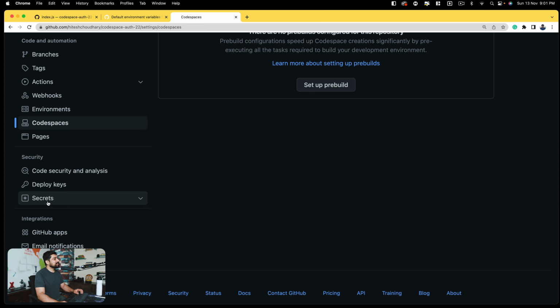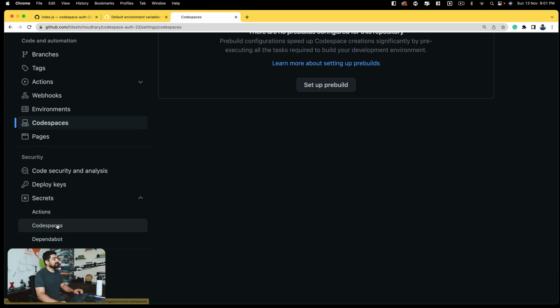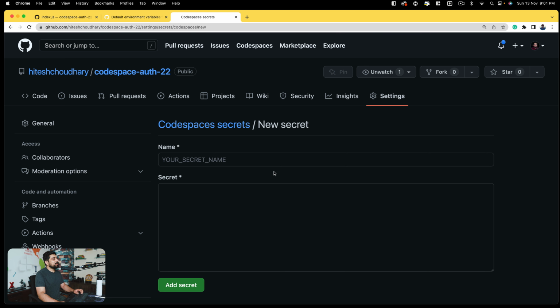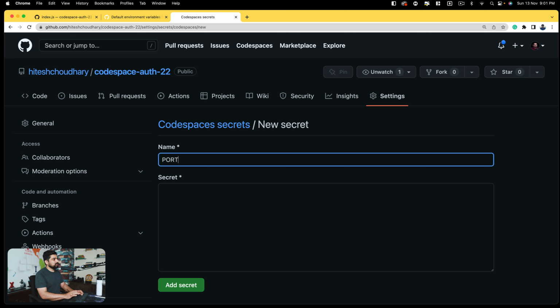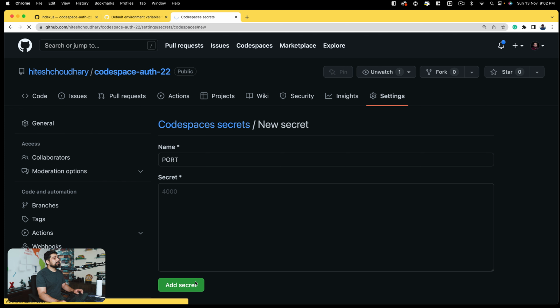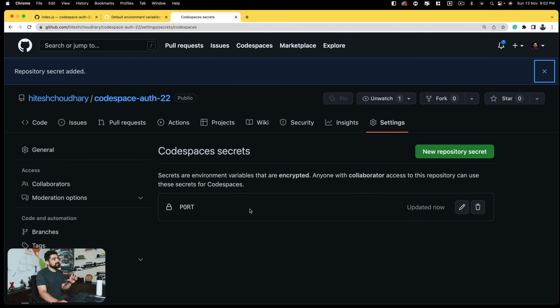So if I go into the secrets, I click on this, and now I can set up the secrets in the Codespaces. It's not in the Codespaces, it's in the secrets, and Codespaces should be in the Codespaces. I don't know what the menu is, but we can add the secret. So new repository secret, the secret name, let's just say is going to be PORT, and it's going to be 4000. So I can just install the dotenv and refer to process.env, and it will get my environment variable. Similarly, this is shared on the repository, this one only,